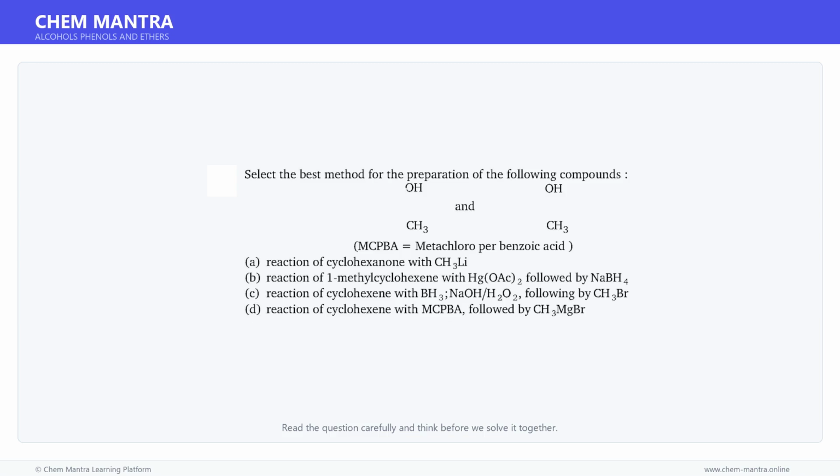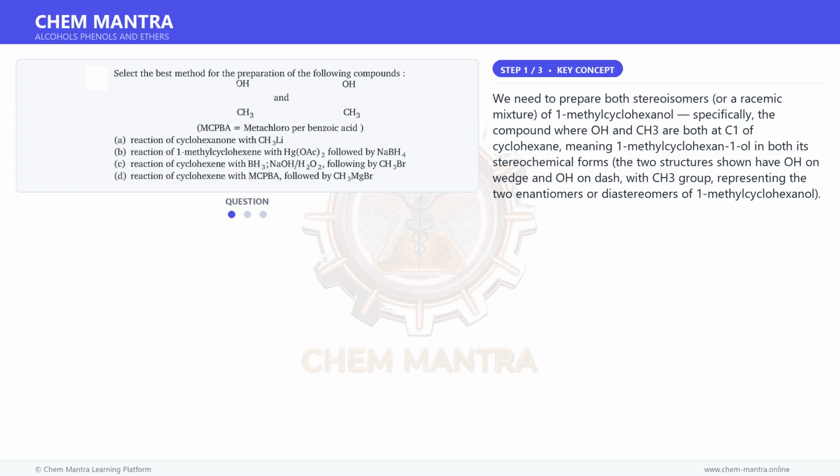Here is a question. Read it carefully and think about the answer. Let us solve it step by step. Let us first understand the key concept here. We need to prepare both stereoisomers, or a racemic mixture, of 1-methylcyclohexanol, specifically the compound where O and CH3 are